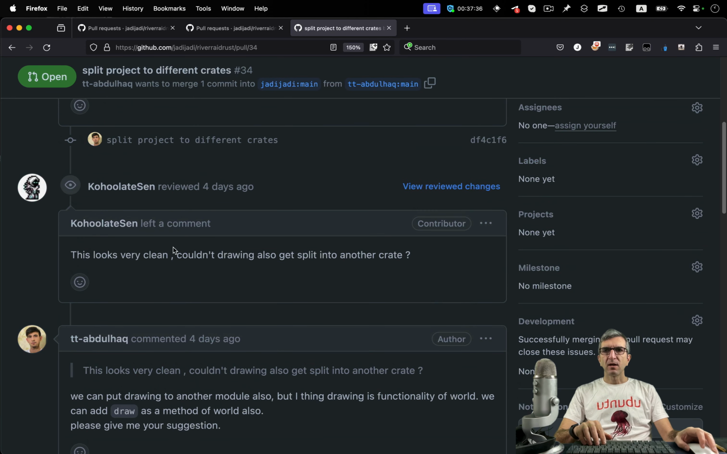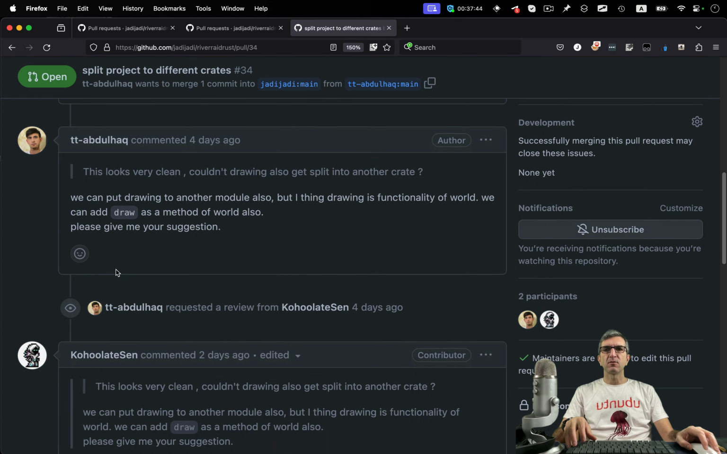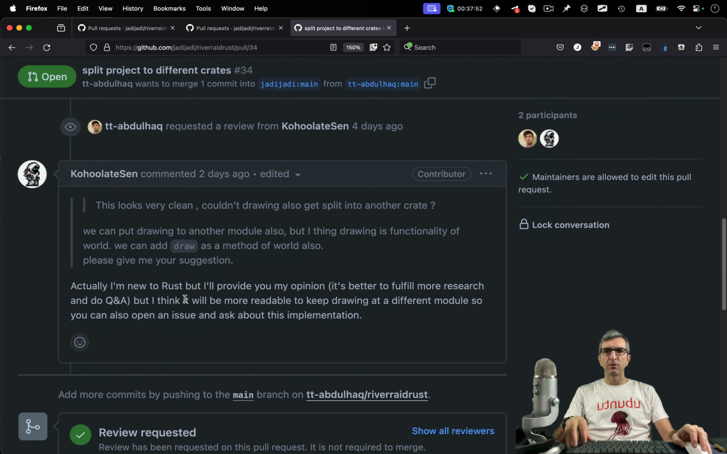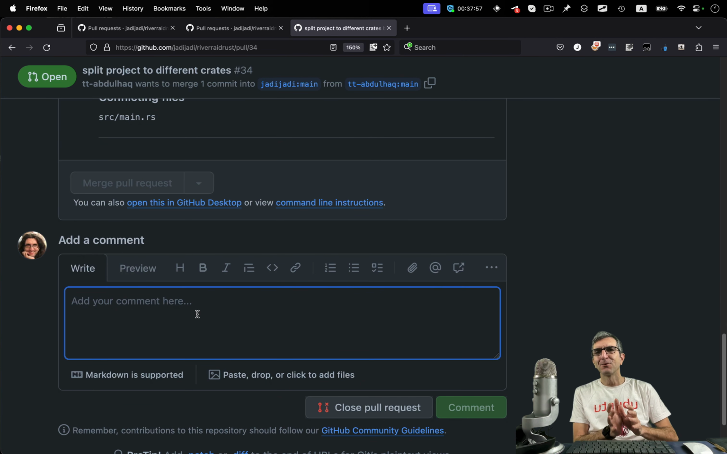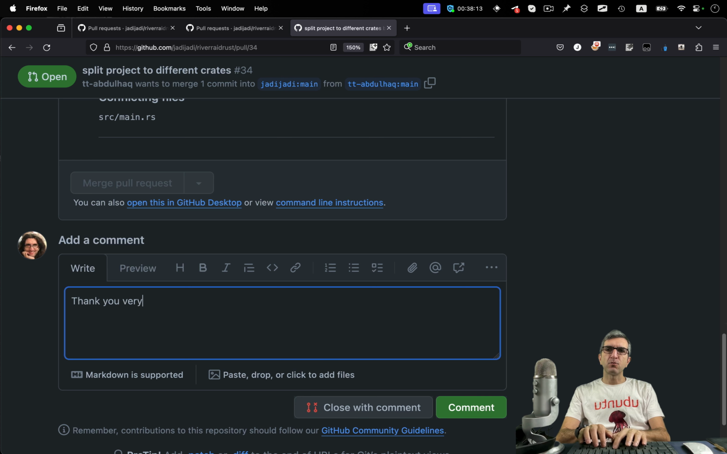He has done this. Also, Kohulat Sen says this looks very clean. Couldn't drawing also get split into another crate? We can put drawing into another module also, but I think drawing is functionality of World. I agree. Actually, I'm new to Rust. This is good that everyone is new to Rust here. We are not looking for professional programmers, because a professional programmer can do all of these tasks in one session. Not one, but maybe two or three. But here, we want to show people how it happens step by step, slowly, even if you are not an expert. So, we will say, thank you very much,